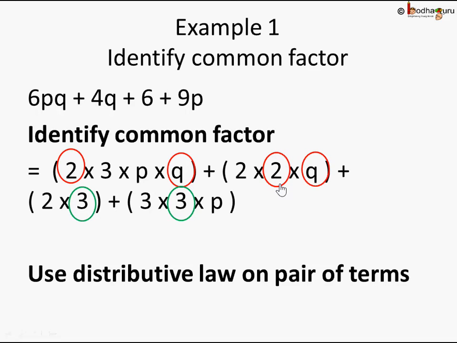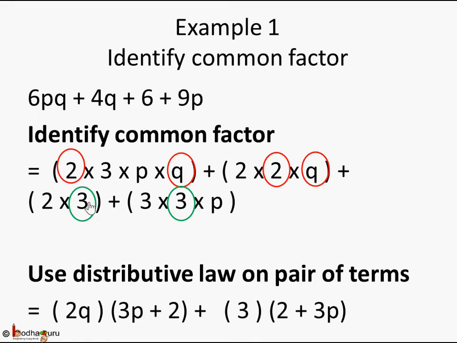And then again we can use the distributive law, but not across all the four terms, we just use it between these terms. So think of this 2q as A. What does the distributive law say? A into B plus A into C can be thought of as A into B plus C. So think of this 2q as A and the rest is B, A into B, plus the same A, 2q, into C, C will become 2, will be written as A into B plus C in brackets. So apply the distributive law between these two terms and in the same way into these two terms separately.